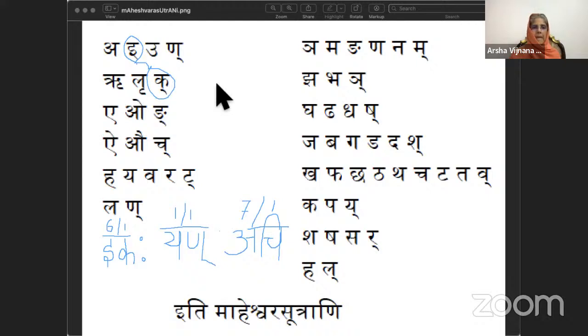So these are the ones to be substituted: the i, u, r, lr. You don't count the na, okay? Bypass the na, because that's an it letter. I, u, r, l, and their long counterparts, their dirgha counterparts, are the ones that are going to be